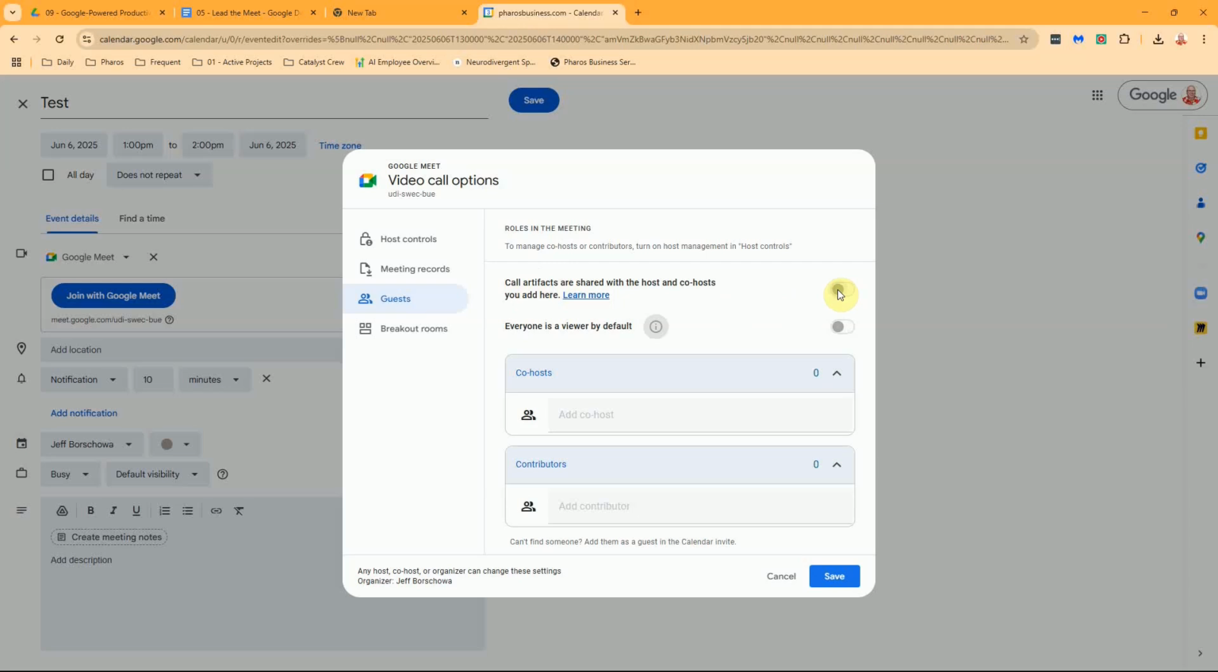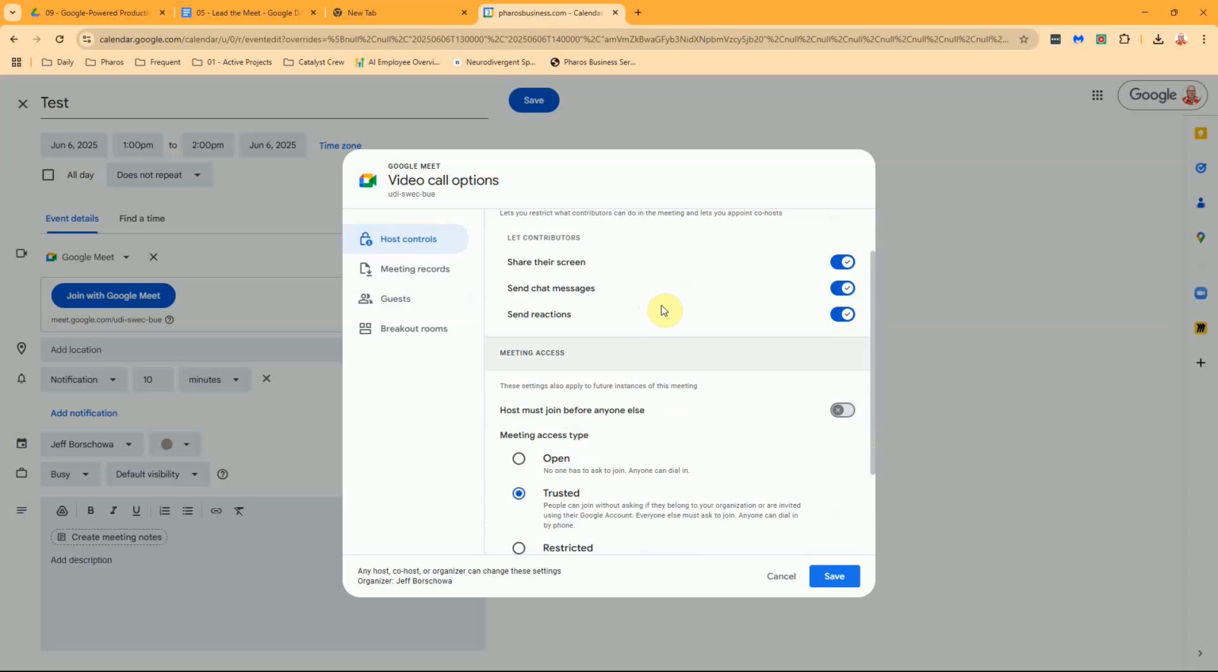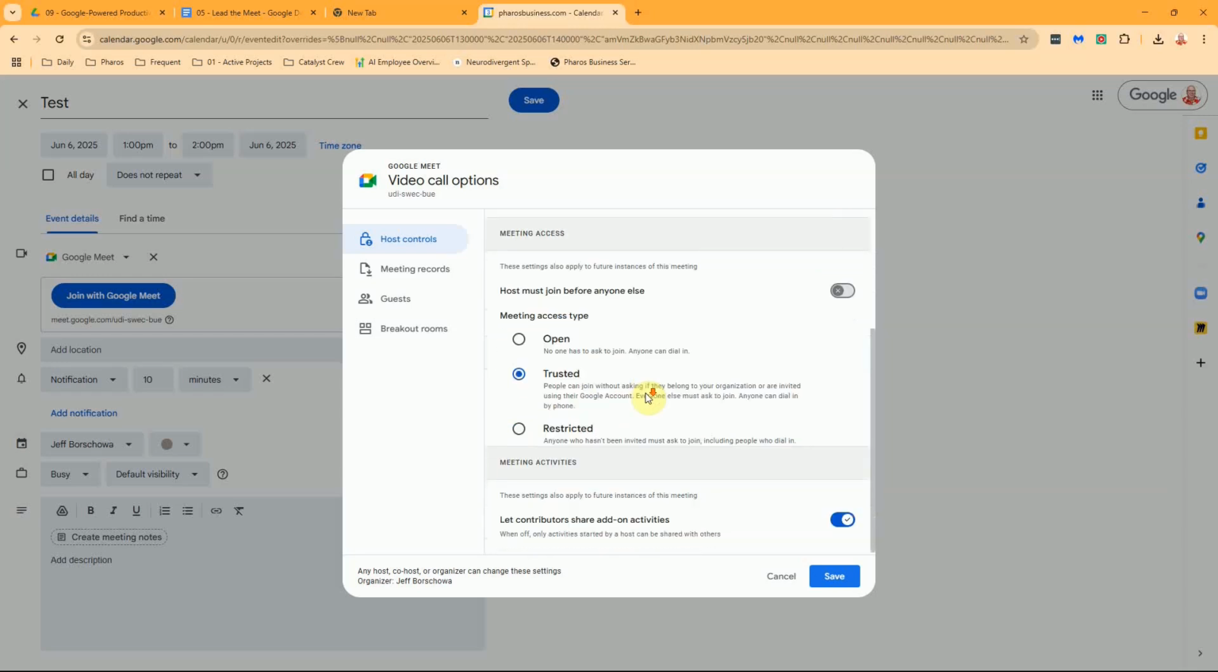So I can share that now. I haven't turned on host controls. Okay, there we go. So contributors can share. By the way, I have these all set to default, so I don't do this every meeting. I let my contributors share their screen, use chat, use reactions. Now, I don't worry about this. I usually leave my meetings open or trusted. So if they're invited using their Google account, they can be in. Or if I'm doing a webinar, I'm going to do restricted. And then